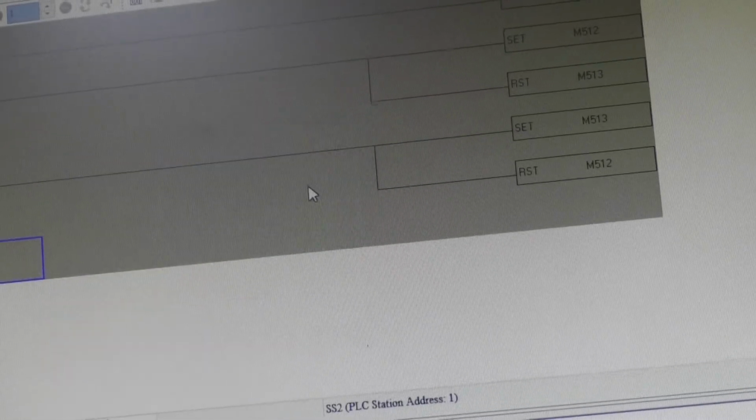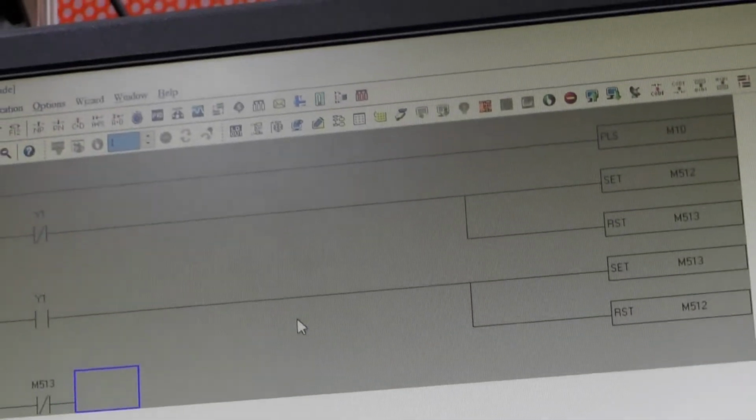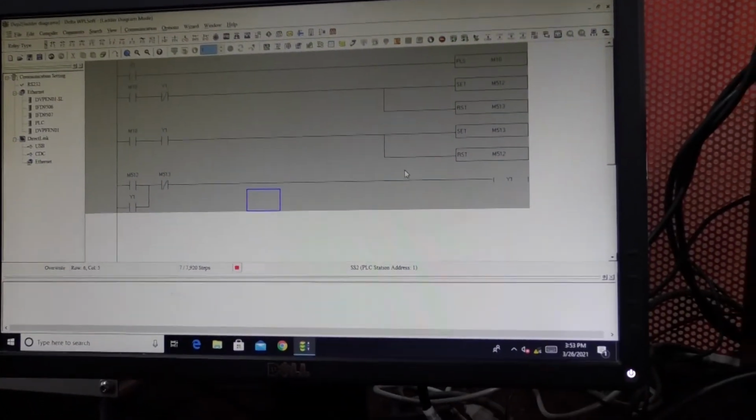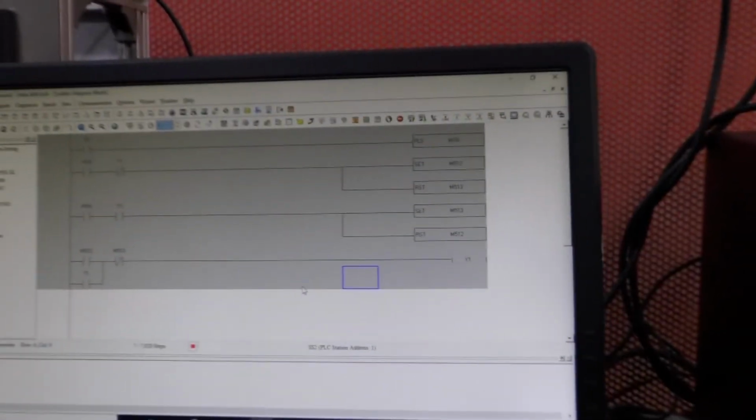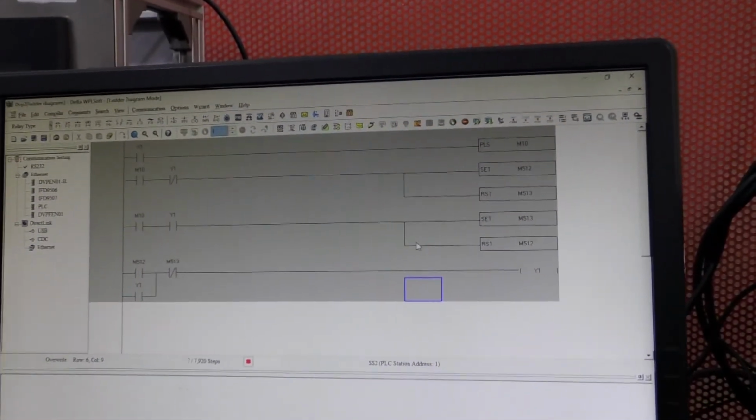So this logic in the exam will be asked as a question, and you have to write the entire logic diagram. Okay. So this is a diagram for the given program.